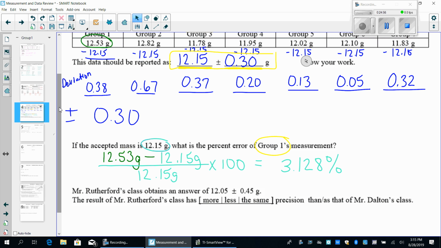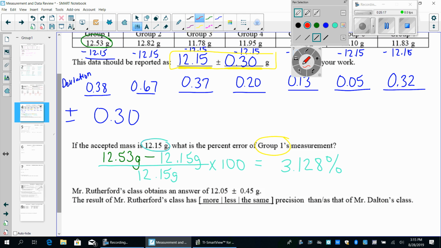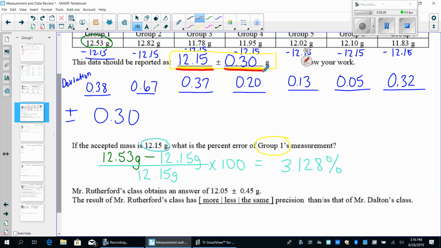Okay, so Mr. Rutherford's class obtains an answer of 12.05 plus or minus 0.45 grams. The result of Mr. Rutherford's class has what type of precision in comparison to Mr. Dalton's class? So if you're comparing the two, you look at Mr. Dalton's class, and that one has 12.15 as an average and a variance or standard deviation of 0.30, and their percent or their accuracy is measured as this,